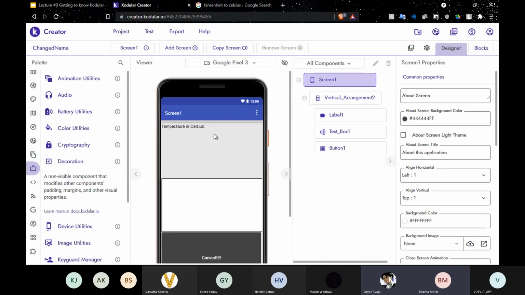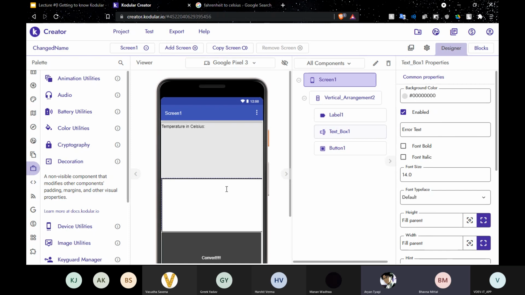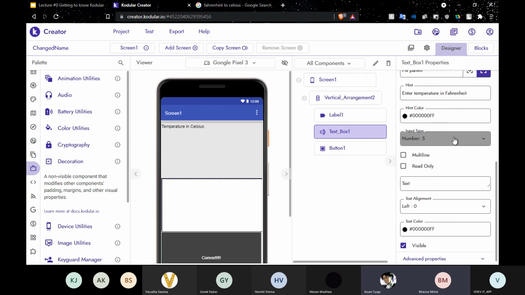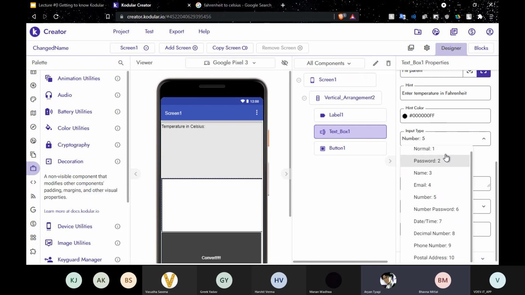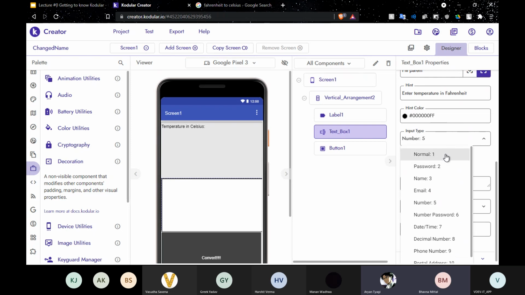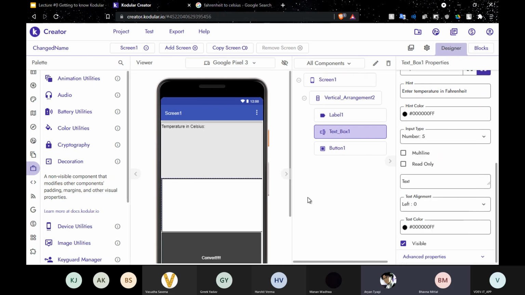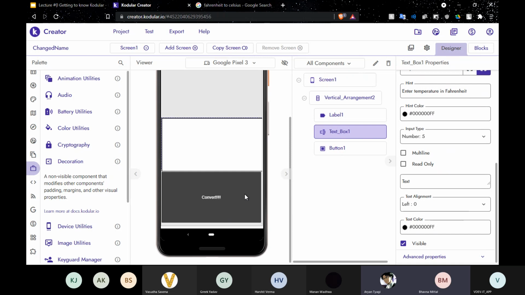और यहाँ पे कुछ पर्टिकुलर चीज़ें जो हमें ध्यान में रखनी हैं। पहली चीज़ तो ये है कि हमें टेक्स्ट इनपुट का जो इनपुट टाइप है वो चेंज करना है, क्योंकि इसमें कई सारे टाइप हैं। एक है नॉर्मल, जहाँ पे आप टेक्स्ट, नंबर, कुछ भी डालो तो नॉर्मल इनपुट हो जाएगा। उसके बाद एक पासवर्ड है जहाँ पे आप अपने टेक्स्ट को मास्क कर सकते हो, जैसे एस्टेरिस्क। नेम, ईमेल। उसके बाद टेम्परेचर जो है वो एक न्यूमरल है, जो नंबर ही लेगा, टेक्स्ट नहीं लेगा।